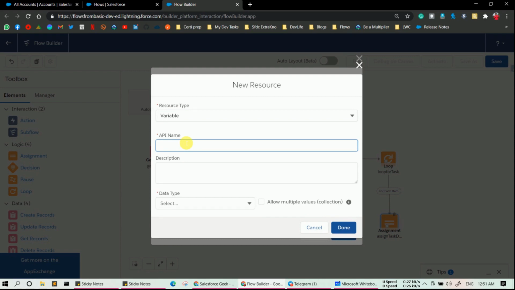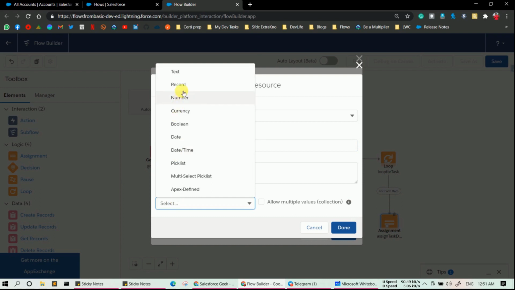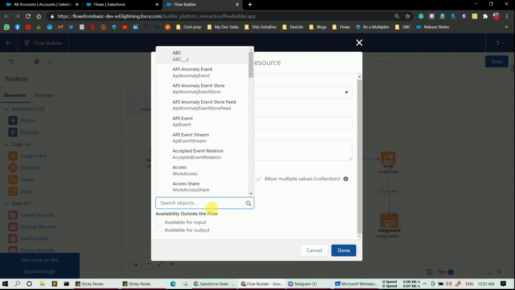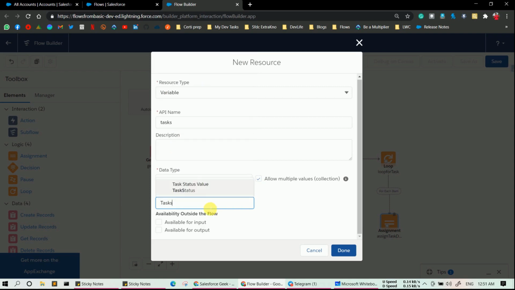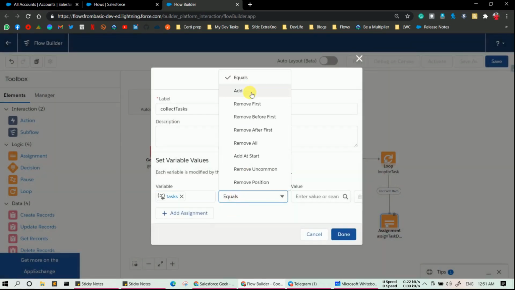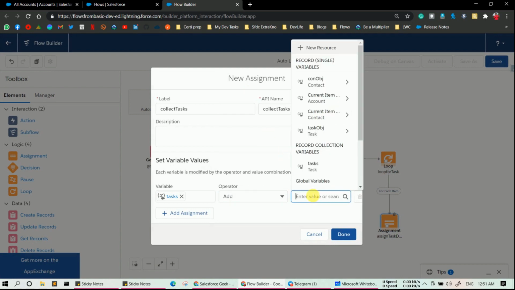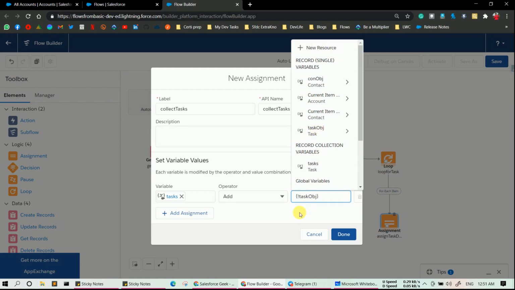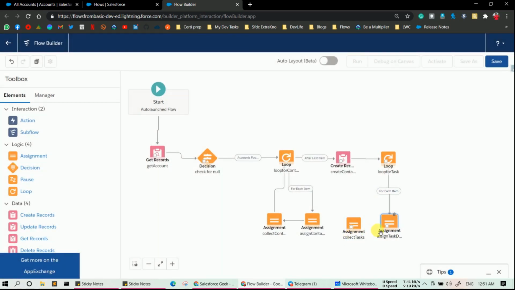So API name will be, let's say, tasks, and in data type it will be record. Click on allow multiple values, and object, let's say tasks. Select task over there, click done. Instead of equals, select add, and in value you need to provide task object and simply remove the dot. Click done, and you have to simply connect assignment to assignment, and now this assignment to your loop.